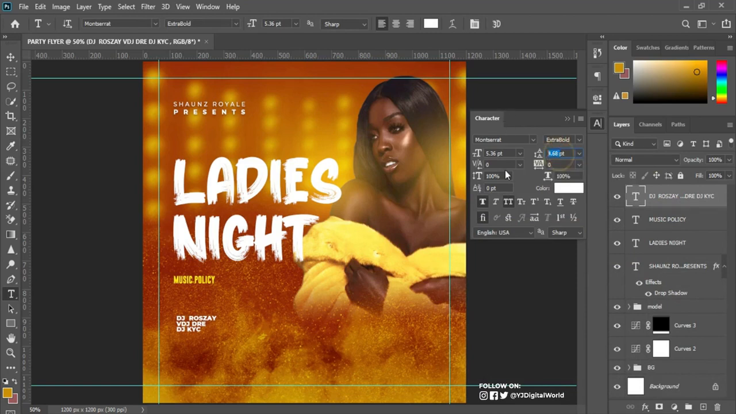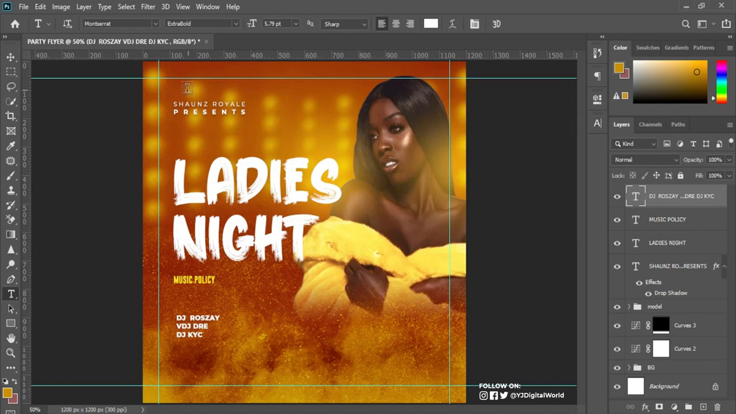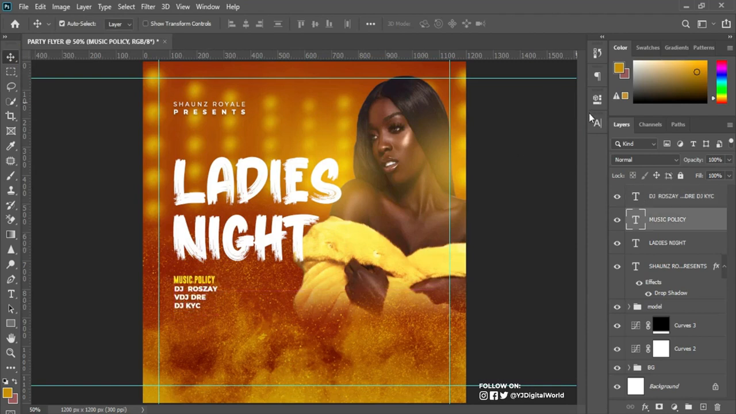Increase this to 7.07. It's okay. My font size 5.79. I think that's good for this. So I'll just left click and drag, position it around here. Okay, scale this up a little. So after this, next thing I'll be doing